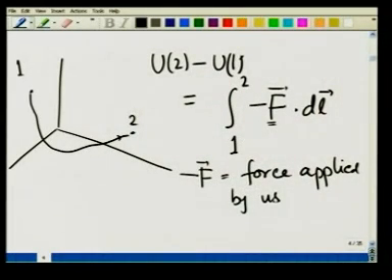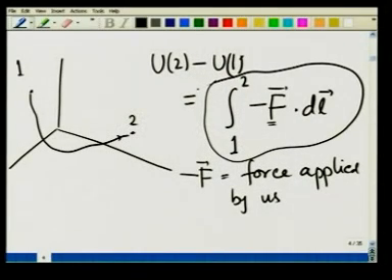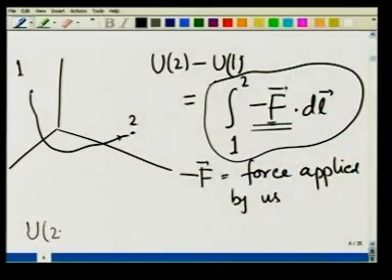So, I am bringing this body slowly, applying just enough force so that it does not accelerate, and let it come from point 1 to point 2 in equilibrium. Then this quantity minus F dot dl is going to be the work done by me, because I am holding the body, I am applying a force minus F, alright. So, this is the work done by me. So, by definition then, u2 minus u1 is work